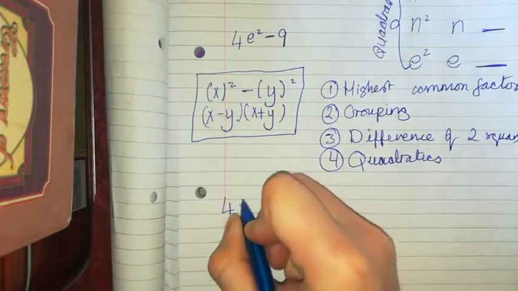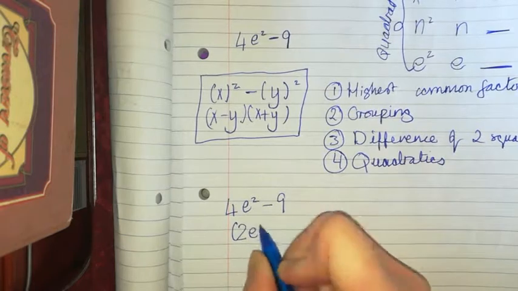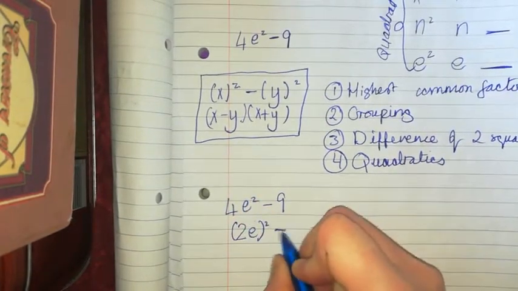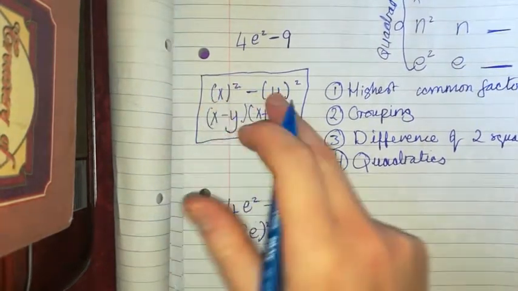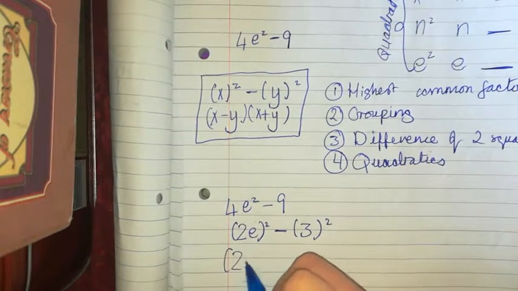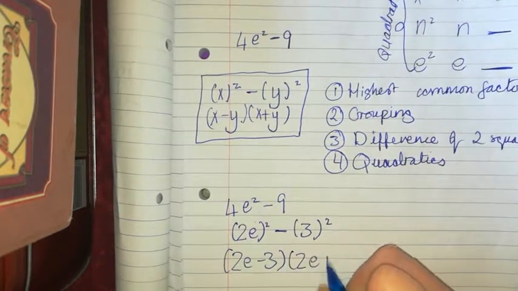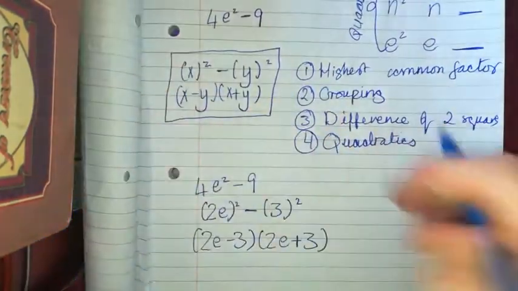So 4e, if we want to write the first thing all squared, well, we could write that as 2e, and that's all squared, because that would be 4e squared. And we can write this 9 as 3 squared. So then we have it in this form, so it's the first thing, which is 2e minus 3, and then the first thing plus the second thing, 2e plus 3. So that's the first one factorized. And then the next one is